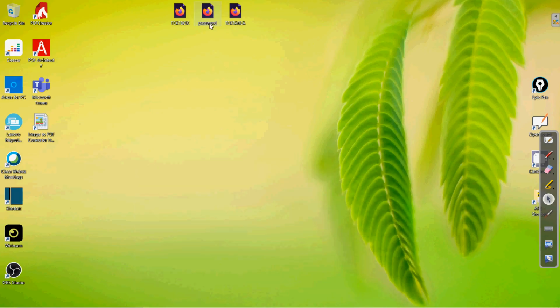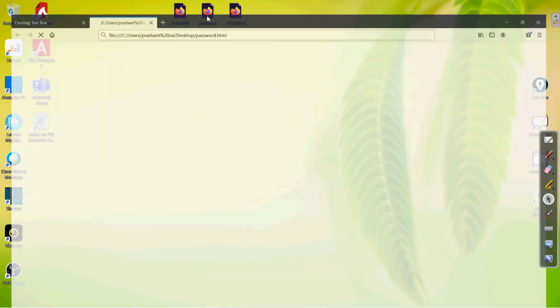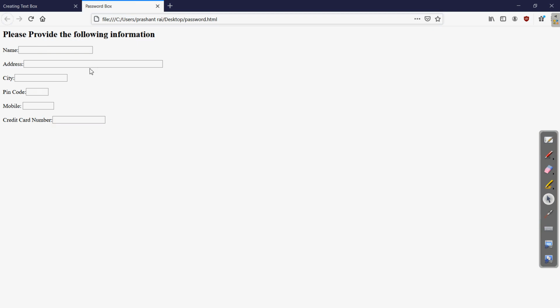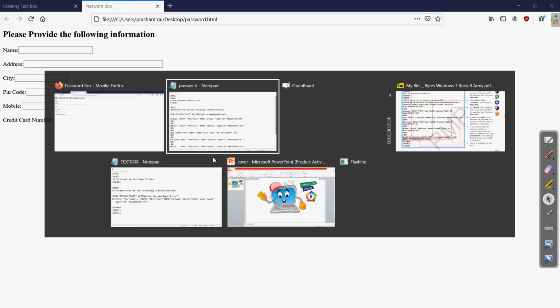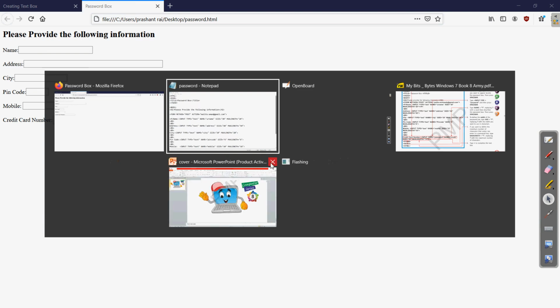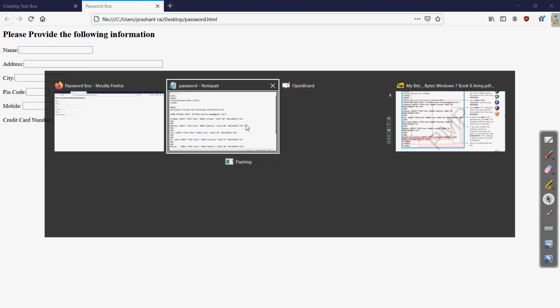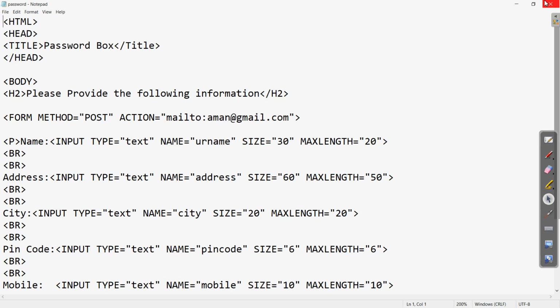So how to run this? Only double click on the HTML code which we have saved. So password was the name. Here you can see the same boxes which we were writing, the same is appearing here. So if I come to this code once again,